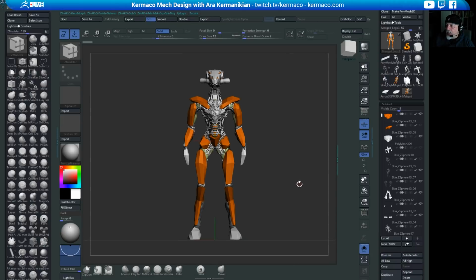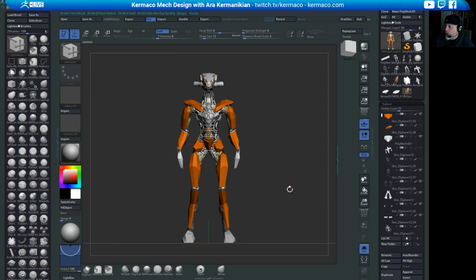Okay, so again, if you have any questions about the new version of ZBrush, let me know. We are using that here. I'm really happy to be able to use it. It's actually really awesome. It's got some really great features. And as a matter of fact,